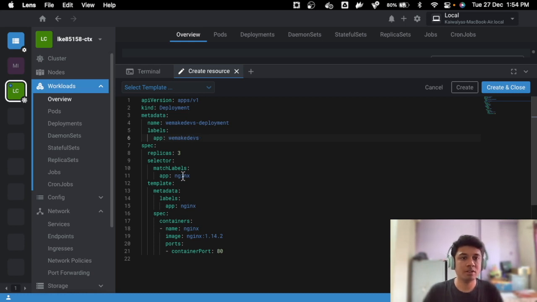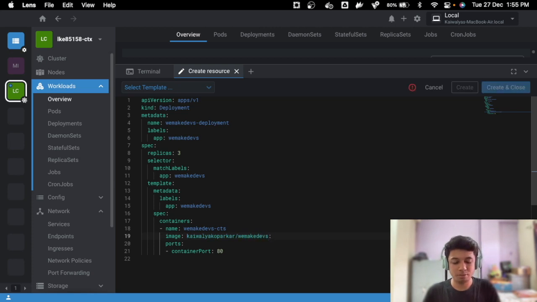So I would prefer not to use the same. So we make devs, again here we make devs, we make devs container, and then actually we can give here 1.0, and the container port is 3000 here, right? This is the deployment. And if you just create and close,